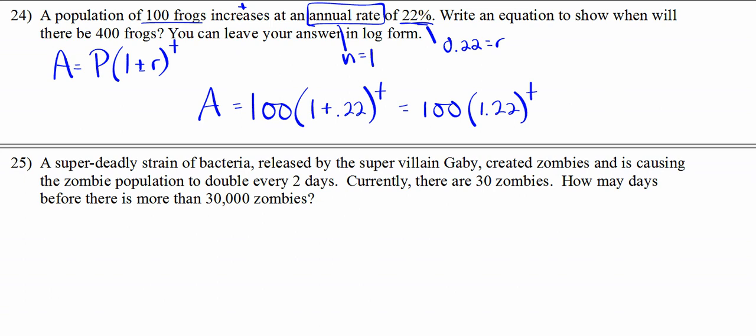And so then they say, when will there be 400 frogs? 400 frogs, we're quadrupling the amount of frogs we have. So you have 4 equals 1.22 to the t. And number 25,